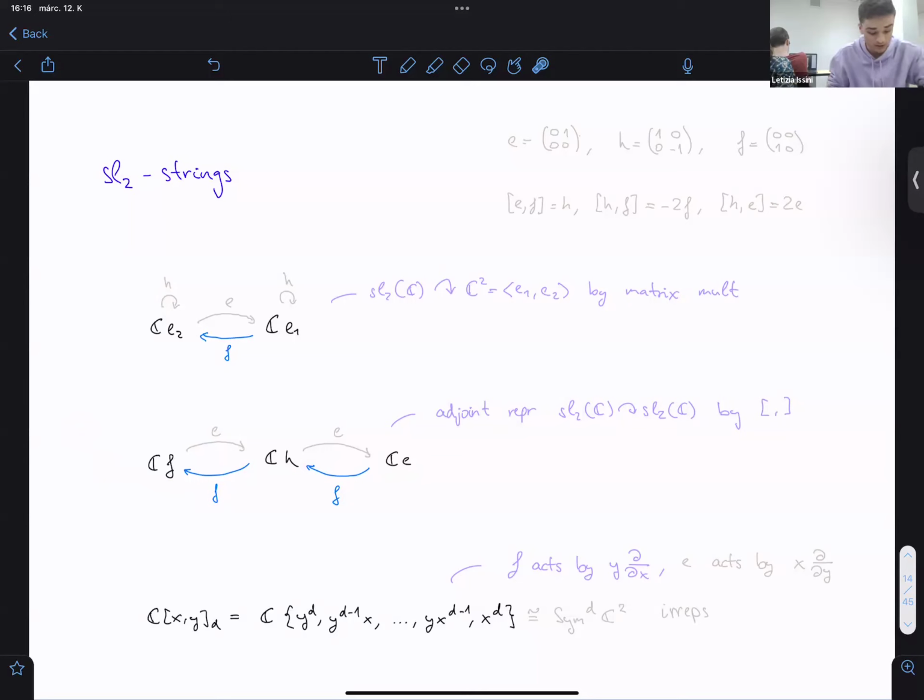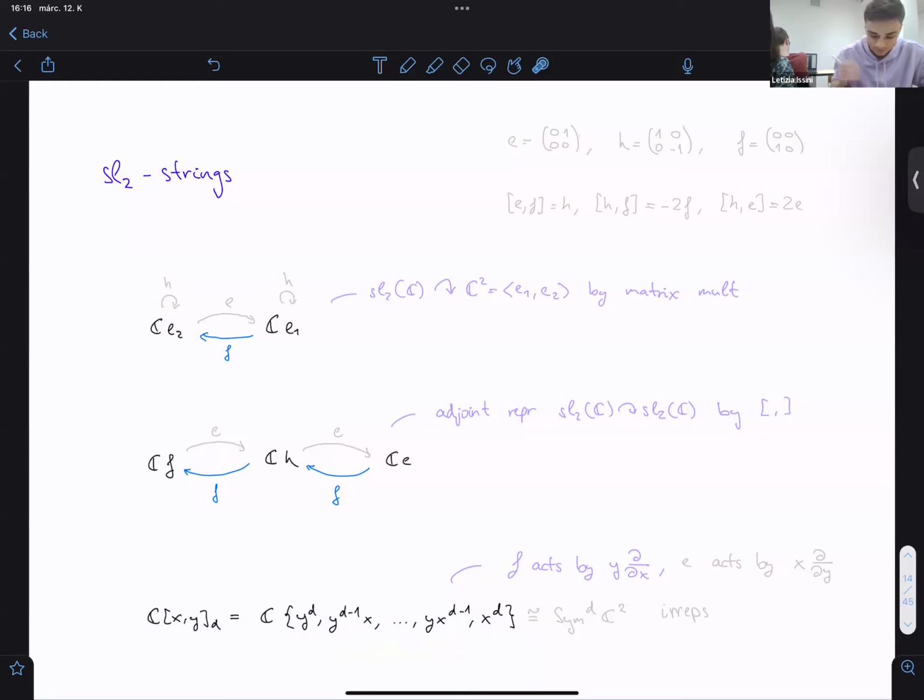They can be constructed explicitly by looking at the vector space of homogeneous polynomials in degree d in two variables, x and y, and looking at the monomial basis, so y to the d, y to the d minus 1 x, and so on, up to x to the d, and letting F act on this vector space by the operator y times partial x. And then the action of F will take the C-span of x to the d to the C-span of y to the d minus 1, and so on,